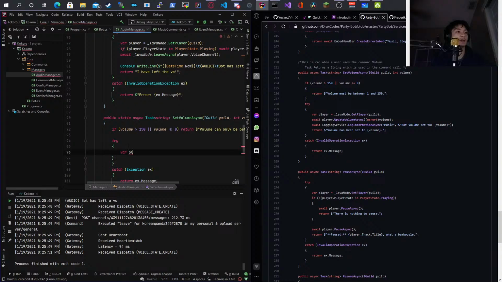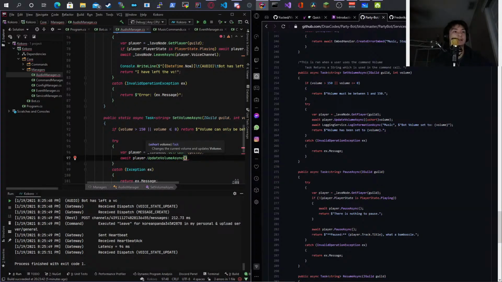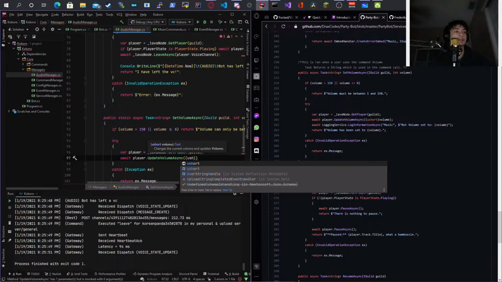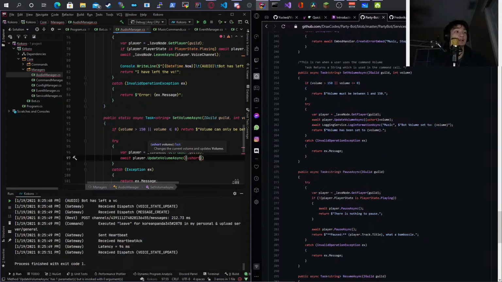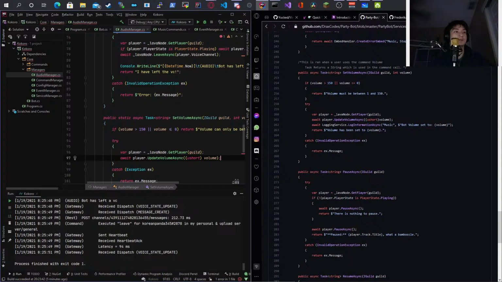Var player is equal to lavanode.GetPlayer guild, await player.UpdateVolumeAsync, which needs to be a ushort, which is a uint 16. So it's unsigned, so it can only be positive, it can never be negative.